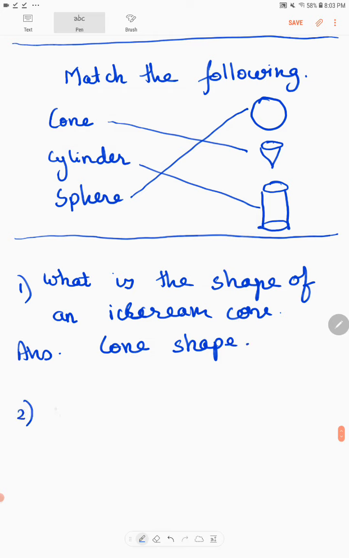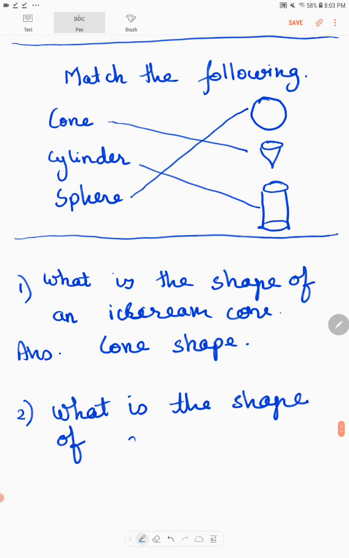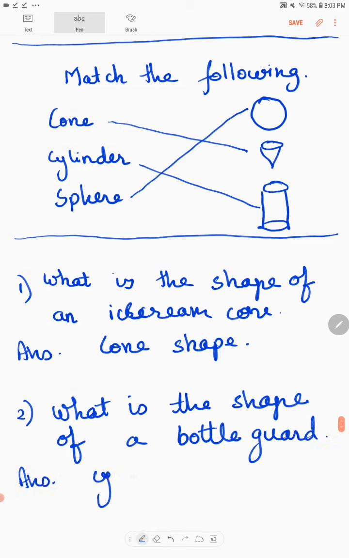Okay. What is the shape of a bottle gourd? Your answer is cylinder.